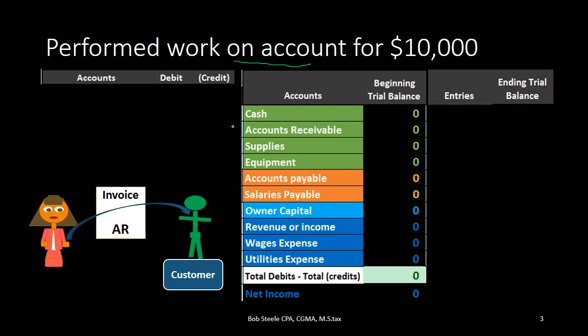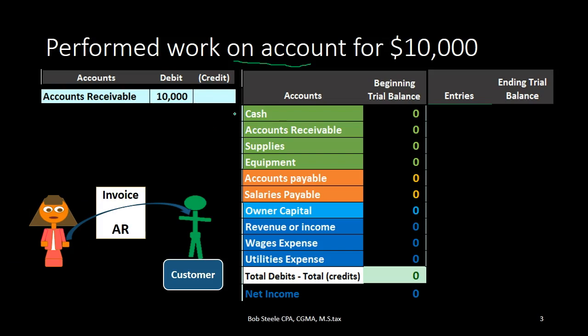It, therefore, because it's an asset, has a debit balance. We need to make it go up because people owe us more money. So how do we make an account go up? We do the same thing to it as its normal balance. It being an asset, having a normal debit balance means we will do another debit. So we're going to debit the accounts receivable, and that means we are going to have to credit something for